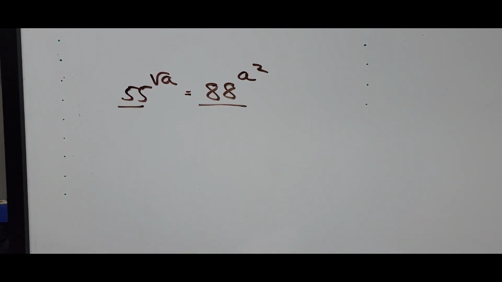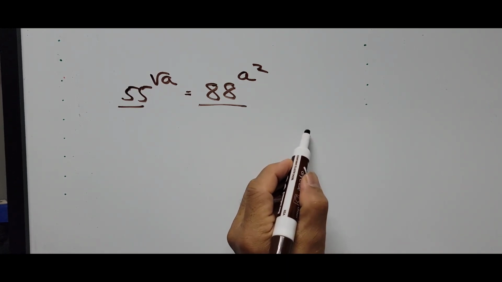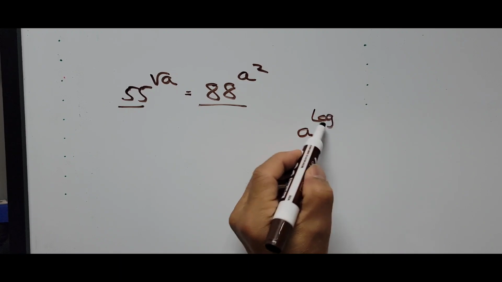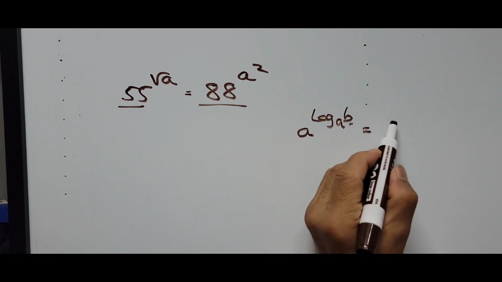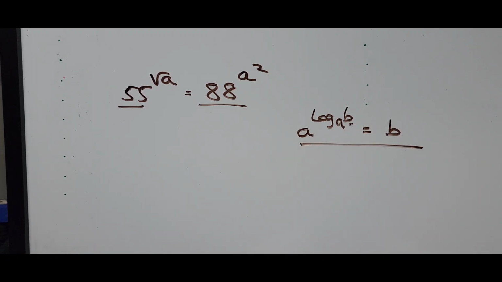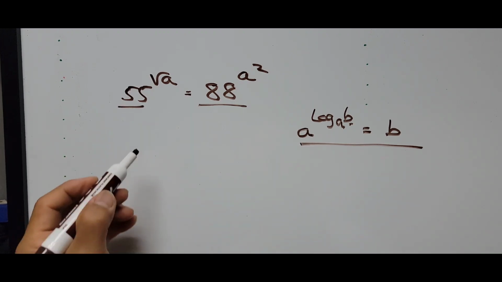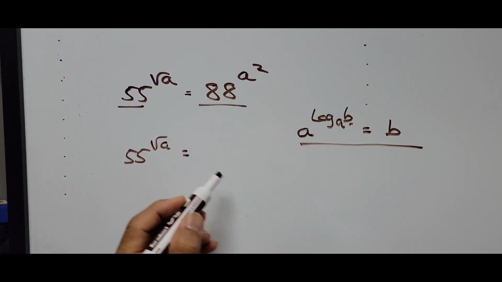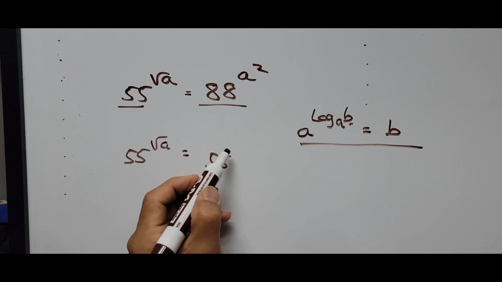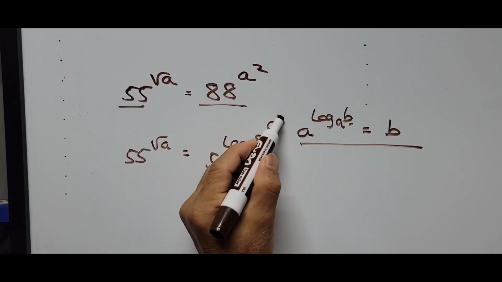in terms of base 55, and one of the laws of a common logarithm here is a raised to the logarithm of b to the base, the same base a, equals b. So we'll be using that, and we're substituting the value of a as 55, base 55. So this equation now is 55 raised to the square root of a equals 55 raised to the logarithm of 88 raised to a squared to the